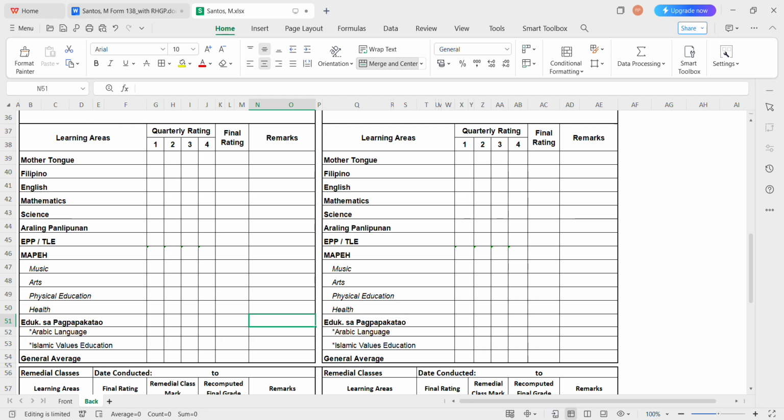And now we're going to make sure that our SF10 and SF9 are matched. I'm going to show you how. First is, we input the grades in the SF10.